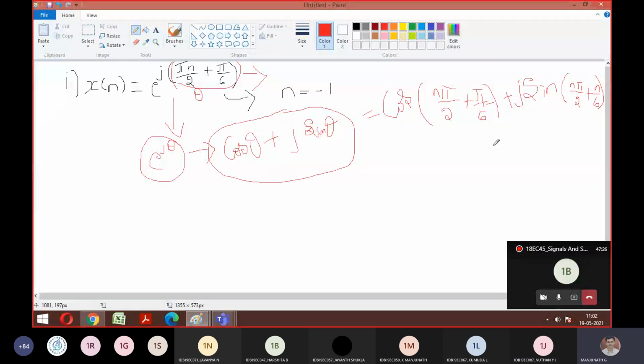Summation, that is good. But what is the limit? See, in case of CT, it was limit T tends to infinity of 1 by T times the integral. Now instead of that, if it is discrete, we should do limit n tends to infinity, 1 by 2n plus 1. You just go back to your formula and check; it will tell you clearly. So for power, if it is a DT signal, I told you to make use of this formula, the limit.